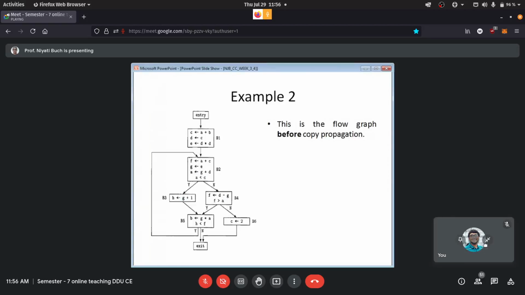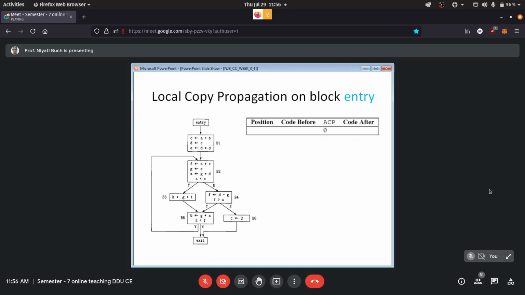Now let's take this second example where we are going to consider the entire flow graph. This flow graph consists of 6 basic blocks, entry and exit excluded. If you combine all of them, there are in total 8 blocks. This is how it looks before we apply copy propagation. Now let us do local copy propagation on each block.